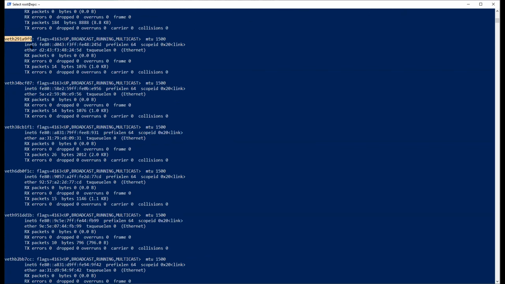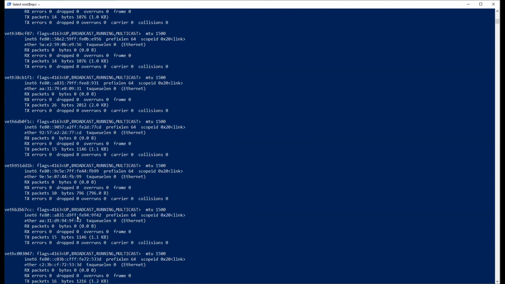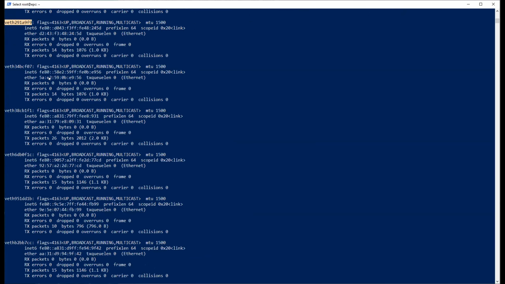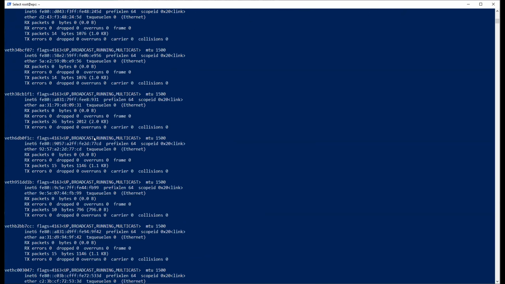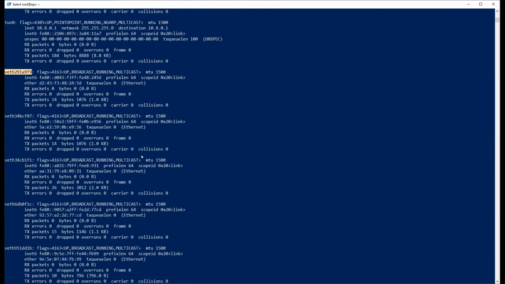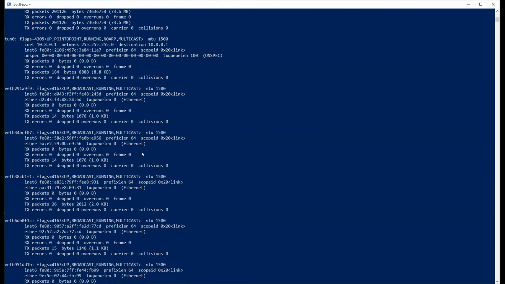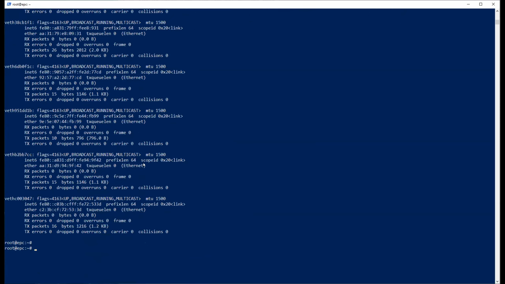It's a virtual Ethernet. It's the Nginx proxy interface, and this will be actually forwarded through the other containers. So these are all the 6 interfaces that are mapped for the virtual interface for the containers that are running the web server. And that's it. You should have a running website.